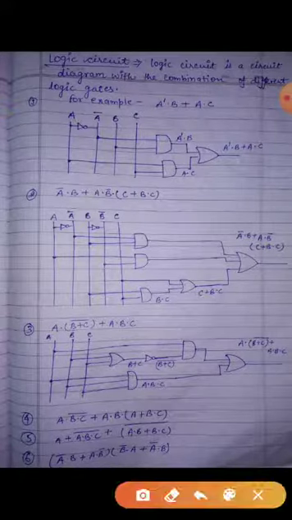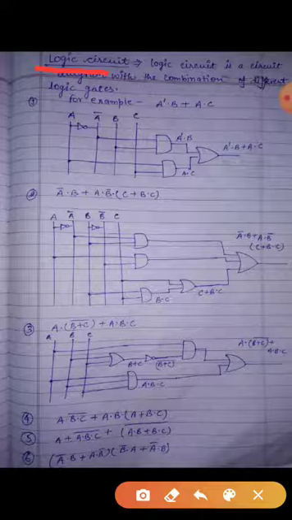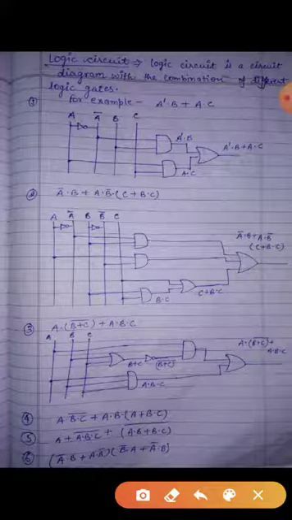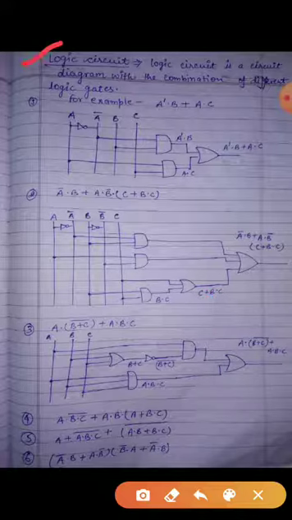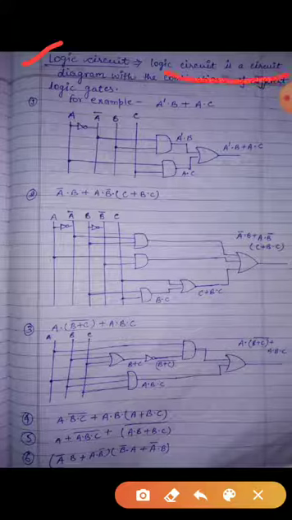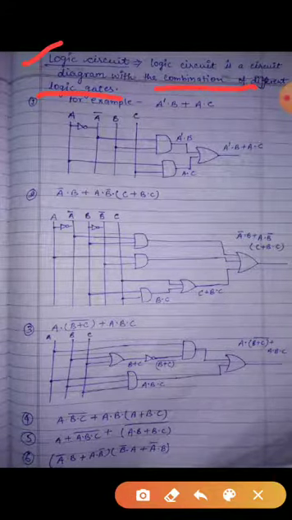Today I will tell you how to draw the logic circuit. It means a circuit diagram. It is very easy, and all of you know this. Just as revision, if you have any confusion, you can remove it here. How will you draw the logic diagram? A logic circuit is also called a logic diagram. A logic circuit is a circuit diagram made with a combination of different logic gates.